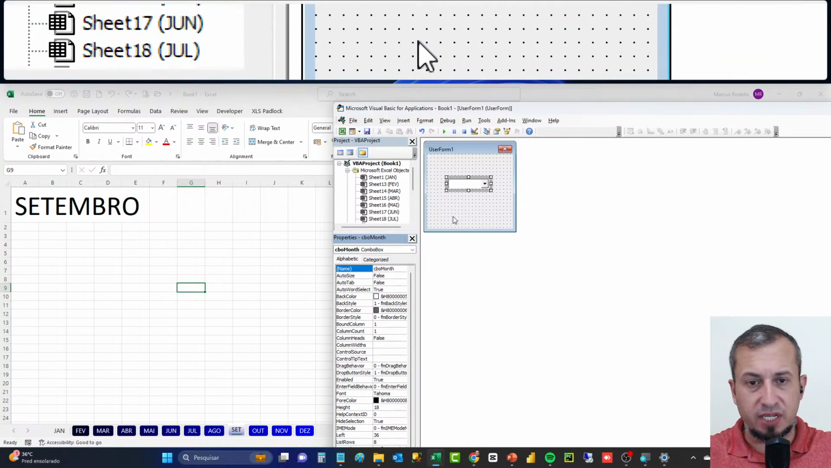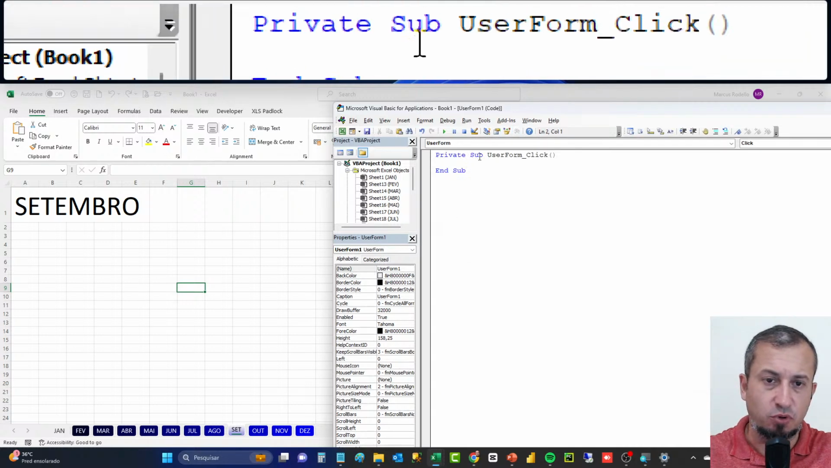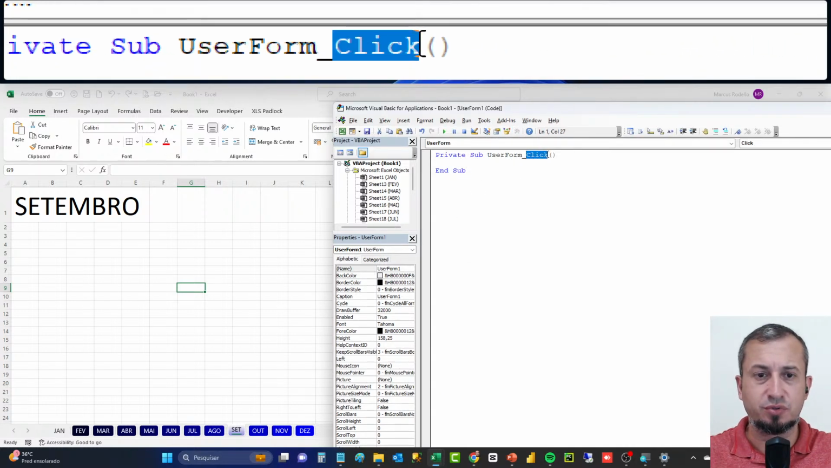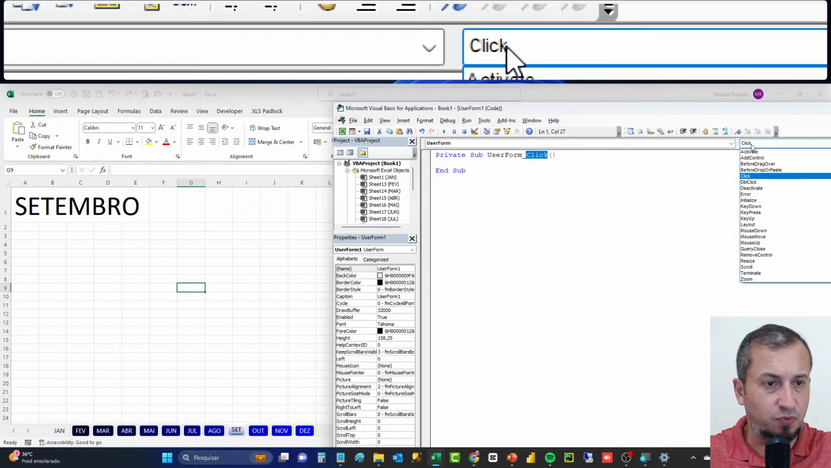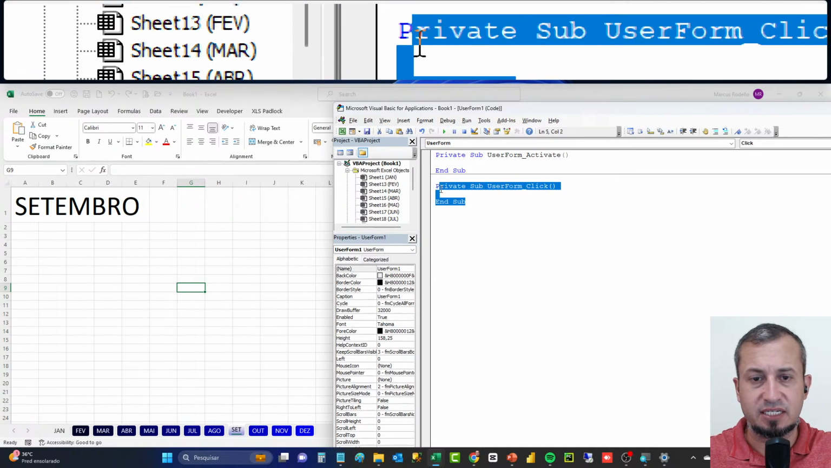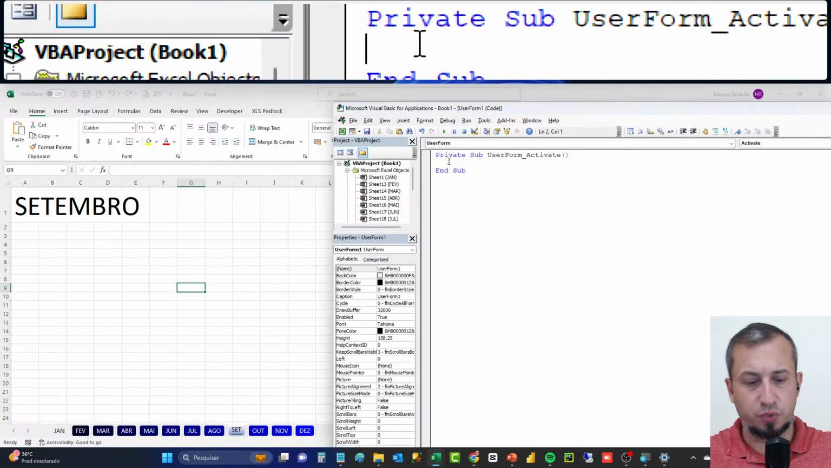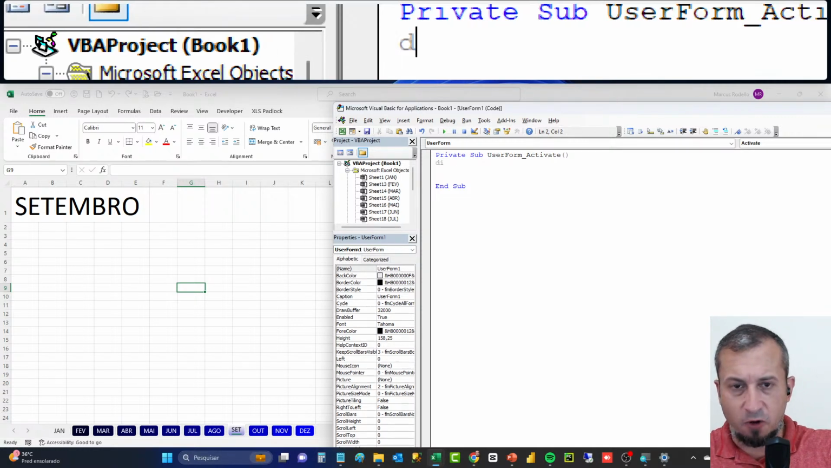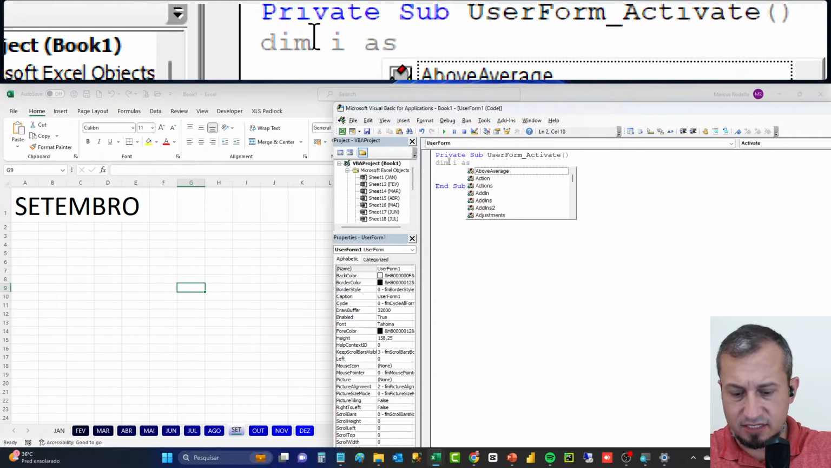So I'll double click here the user form. This is the click event. I don't want to populate the combo box when I click in the user form. I'm going to change it here for activate. So user form activate, I'll delete this one, and now we're good. I'm going to use a variable here as well. I'll make a Dim I As Byte,